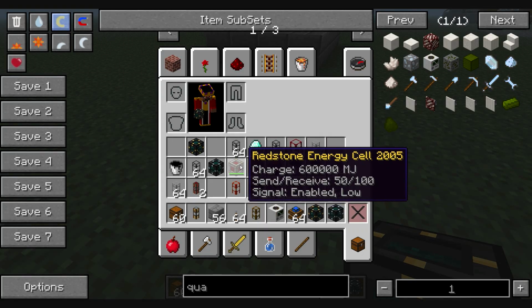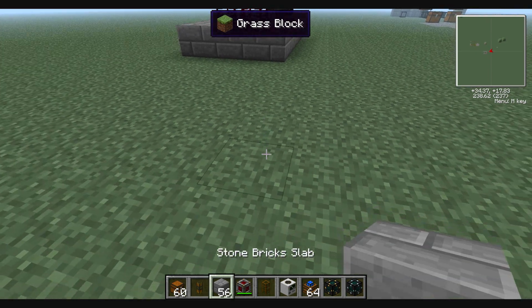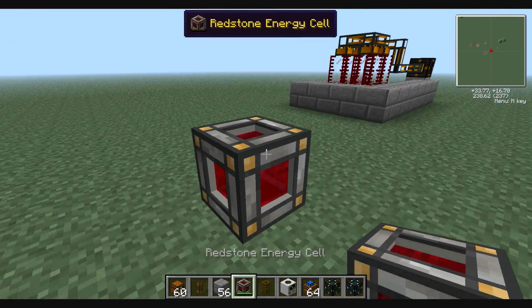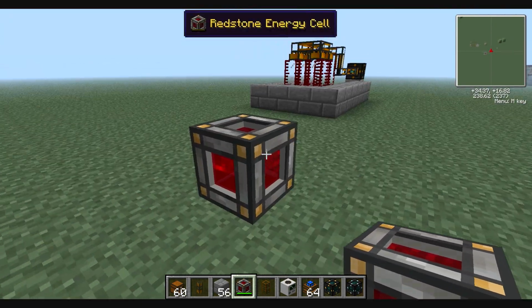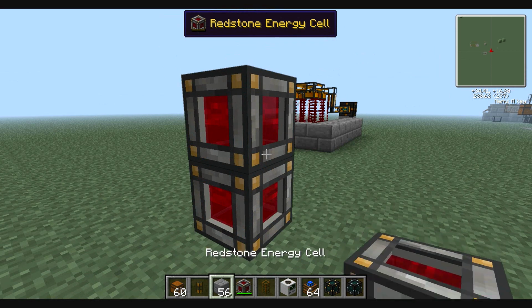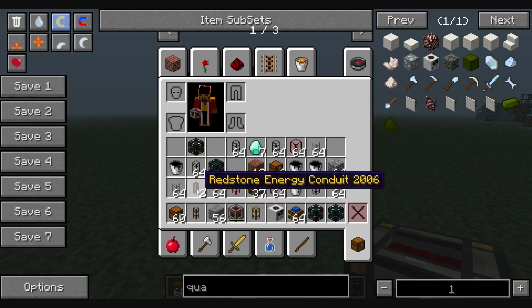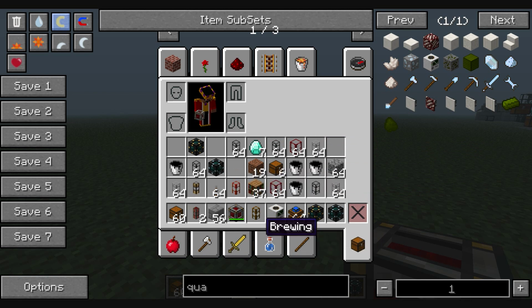So let's just say I had this redstone energy cube at our base, hooked up to our generator, and it's just doing nothing. But we don't want to just keep carrying back and forth. So we'll have these energy cubes right here, 2 energy cubes. And then let's say we want to connect them. So you can do this via a redstone energy conduit, or you can also use the other conduits such as the